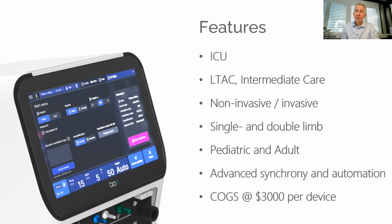But the focus is, of course, long-term care and intermediate care. And why? Because these are the most challenging patients to ventilate, as you know. To wean a patient who is spontaneously breathing at a ventilator is much more difficult than a ventilator patient who is sedated in an ICU. But of course, you can use the ventilator as well in the ICU. But the focus is long-term care and intermediate care, where the big market is, and we offer there a great machine,